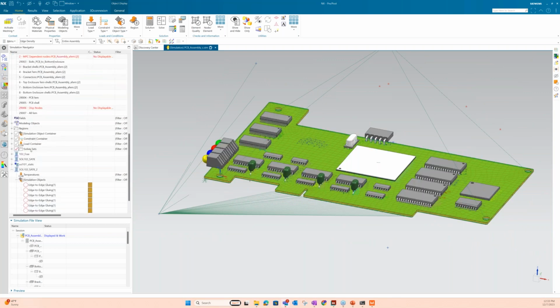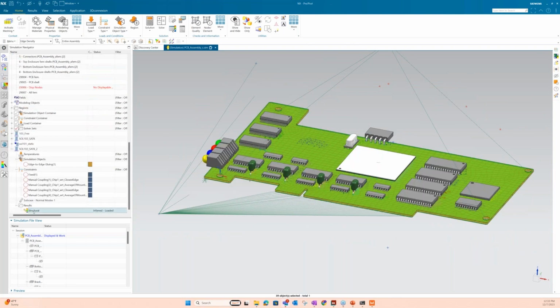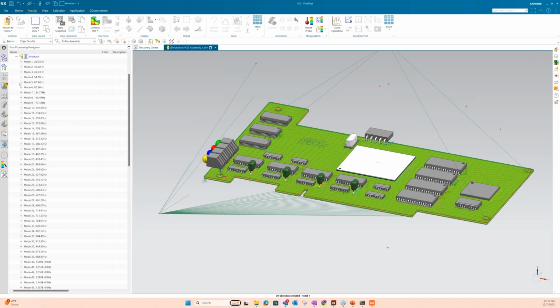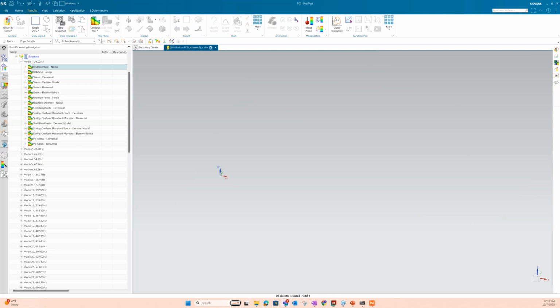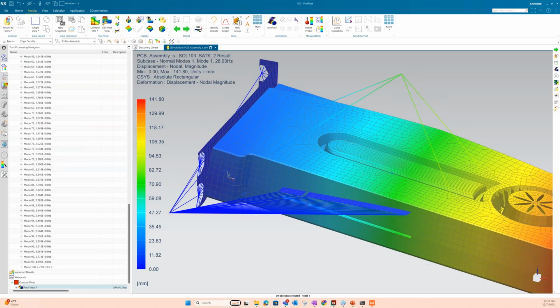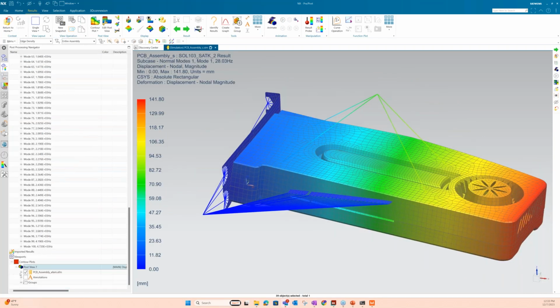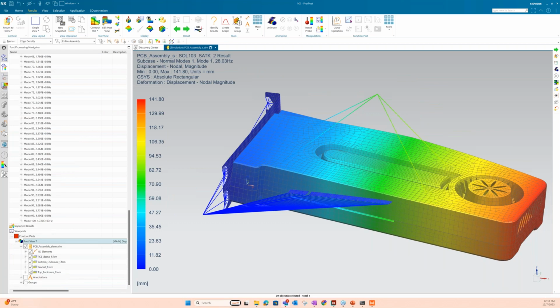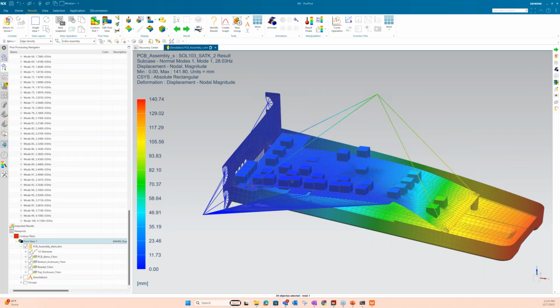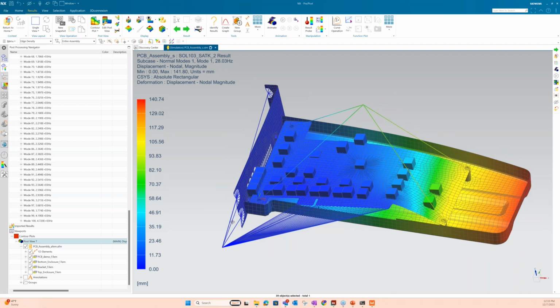Now, looking a little bit more, I've already run the modes. Like I mentioned, all this is based off of the modes. So I have the modal results in here. And you can see the board is kind of a standard board inside here that is connected. You bolt it in on the end, you plug it in there, constrain it. One thing to note, and this will get into the fatigue a little bit later.